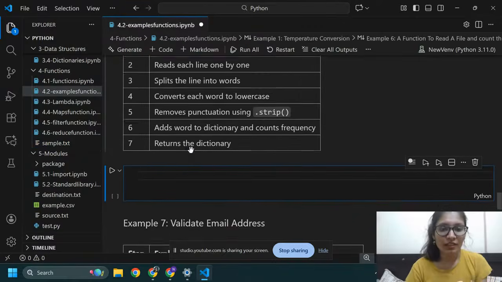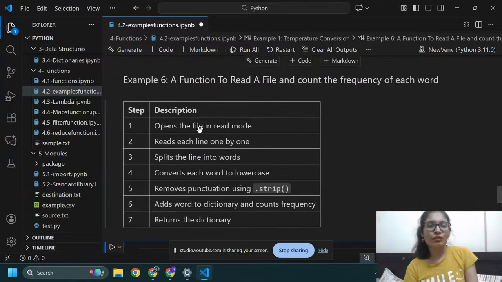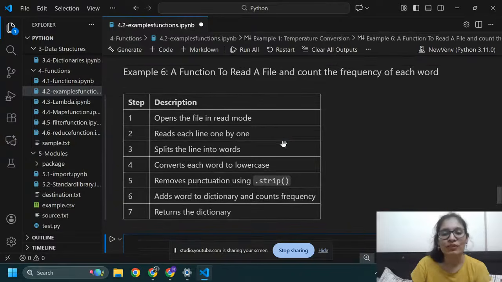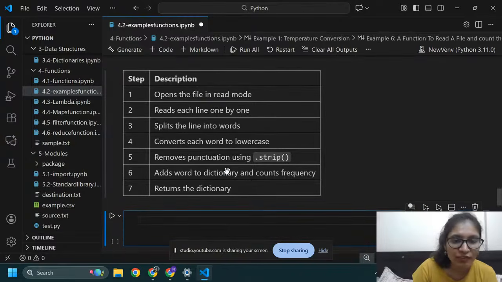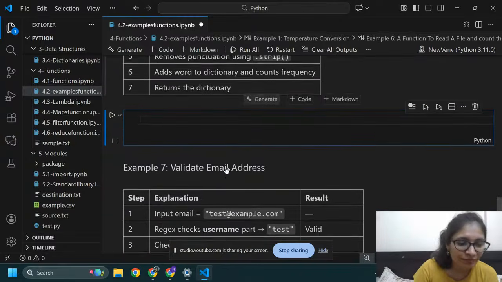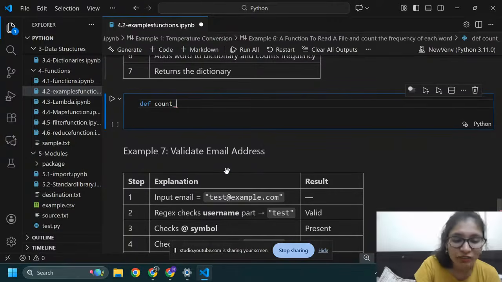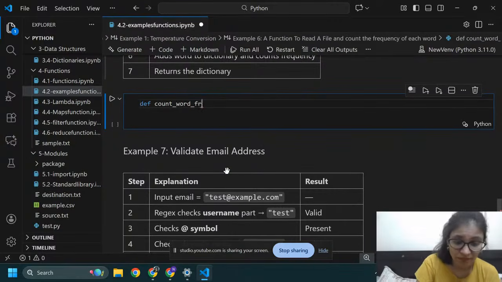Here I'm going to write a function to read a file and count the frequency of each word. First of all I need to define one function, count_word_frequency.